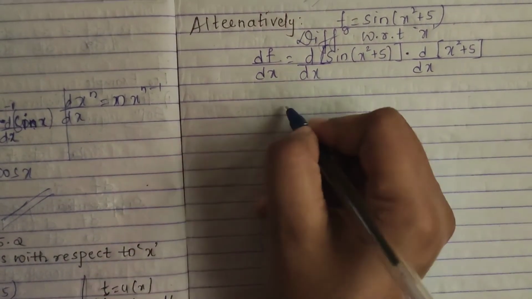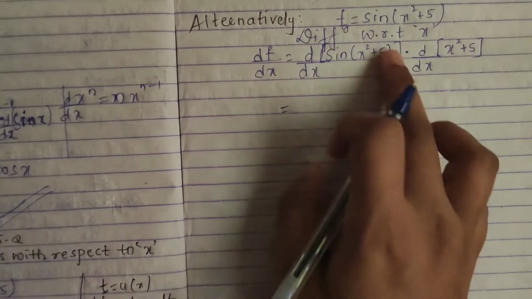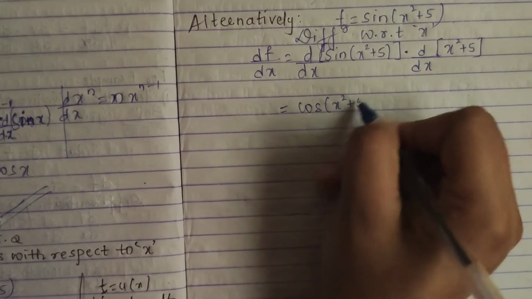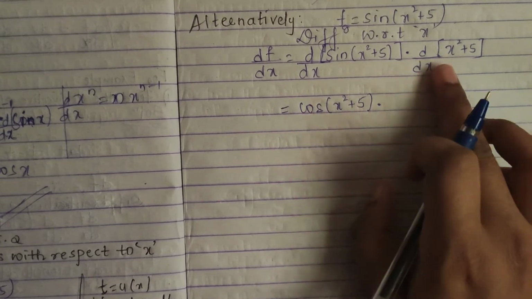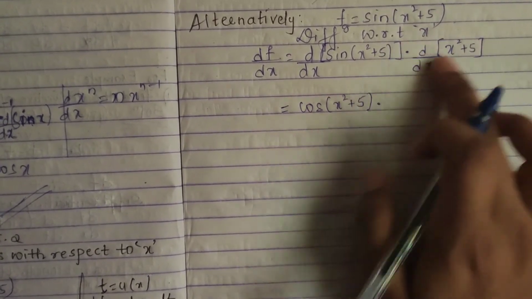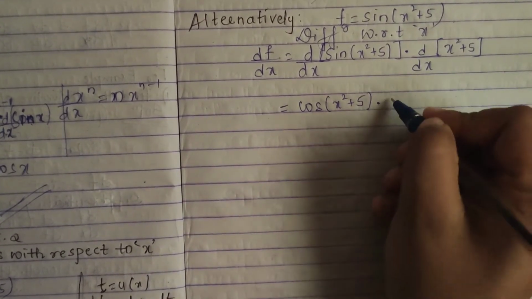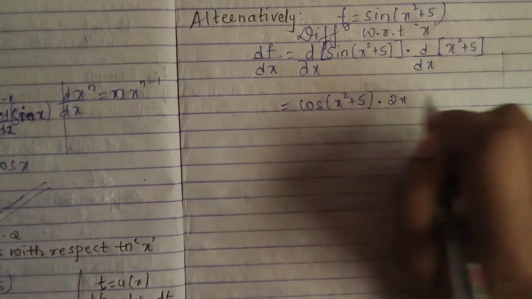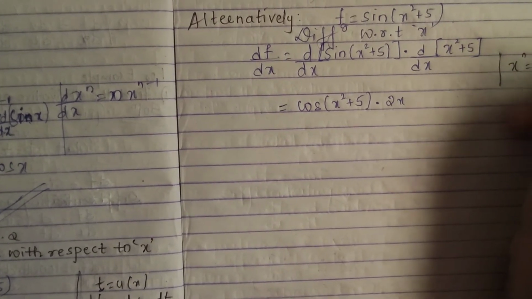So differentiation of sine of x square plus 5. Differentiation of sine is what? Cos. So it will be cos of x square plus 5 into the differentiation. See, it is x square plus 5, it is u plus v, so both are separate. When it is plus or minus, one is separate and the other is separate. So differentiation of x square is 2x. With respect to which formula? Yes, x raised to n gives n x raised to n minus 1.